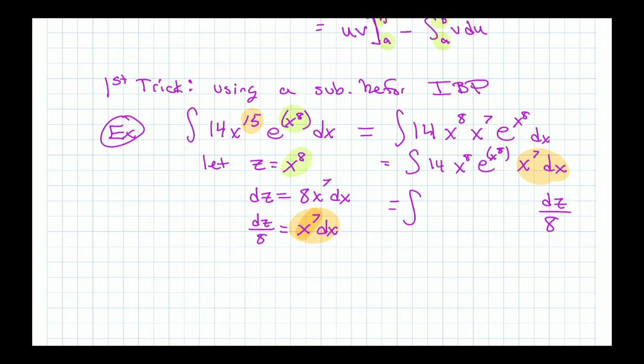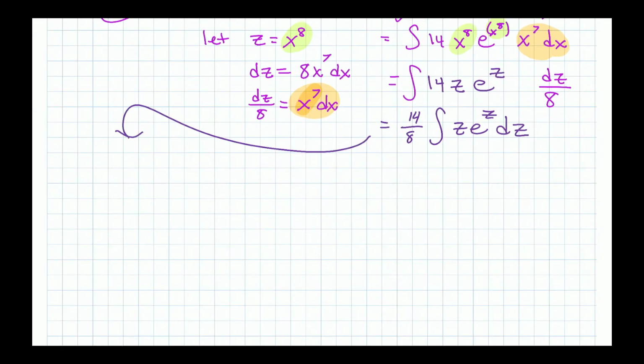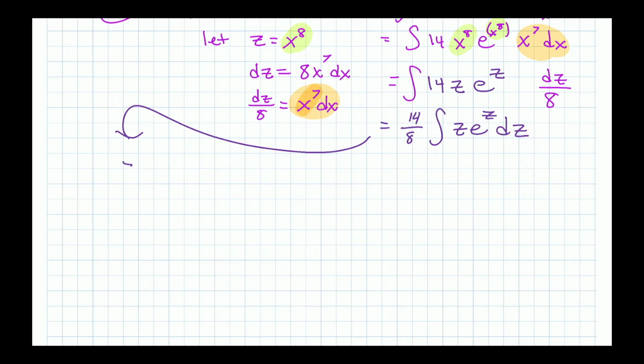I have an x to the 8 in 2 places. So those are z's. So substitute it in, and we will get 14 x to the 8th, which is z, and then e to the x to the 8, which is e to the z. So move your constants out front. We got 14 over 8 integral z e to the z dz. So let's move it over here. So 14 over 8 is 7 over 4 when you simplify that, and then integral z e to the z